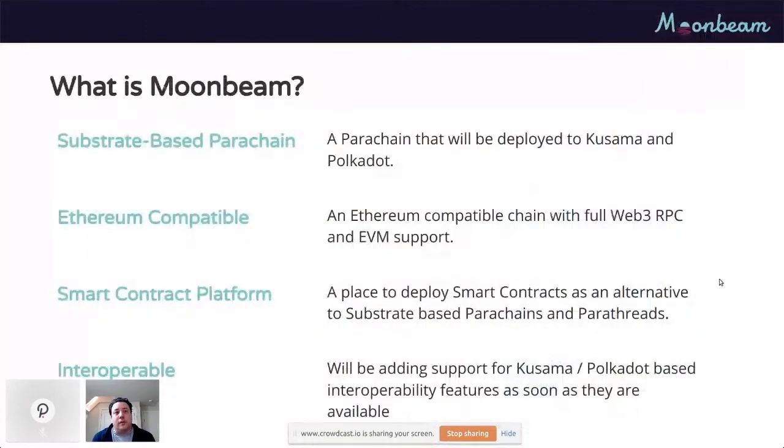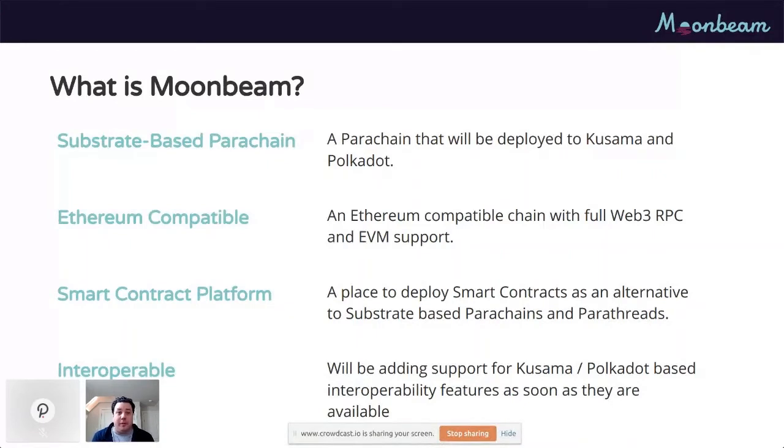So the first question, what is Moonbeam? Well, it's going to be a Parachain that's deployed to both Kusama and Polkadot. We are going to have two separate Parachain deployments, much like Parity has done with having these two separate networks in the first place. And the motivation is similar: we'll be deploying code to Kusama first, where it will stay for some amount of time and be vetted before that code is promoted to the Polkadot mainnet.